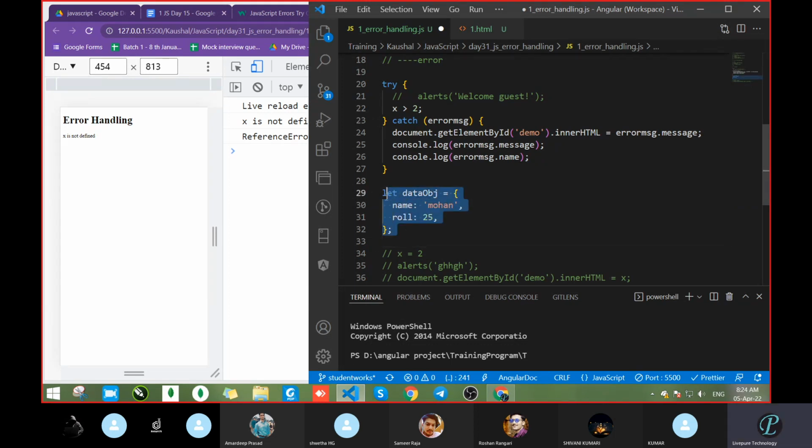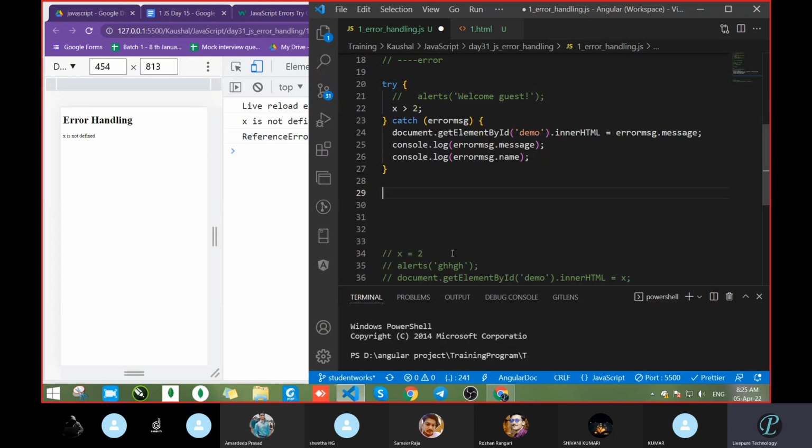Object means this object itself, everywhere you will get. So how to get the roll number? We can pass key names. We will access it with the help of a key. So data object dot roll, data object dot name.